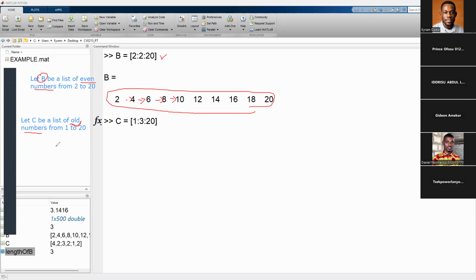Say 1 colon 2 colon 20. Okay, yes, we are looking at odd numbers and we are starting from 1. Okay, so 1 plus 2 will give us what? 3. Plus 2 again, 5. Plus 2, 7. Plus 2, 9. All the way. But